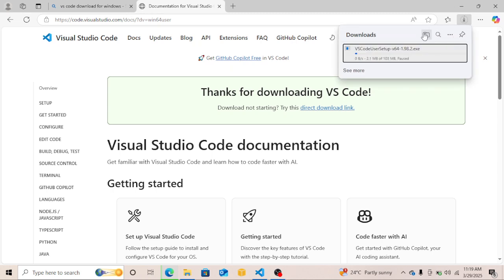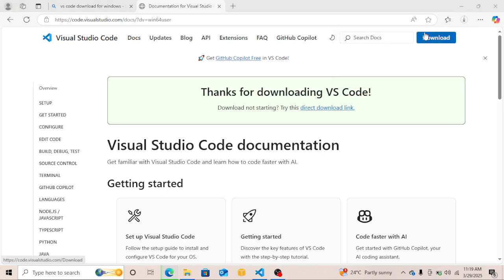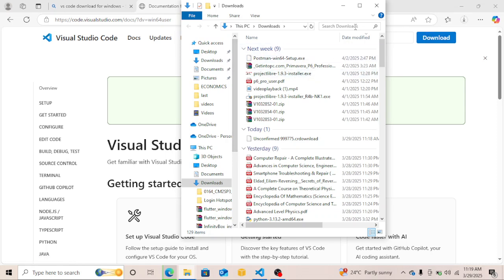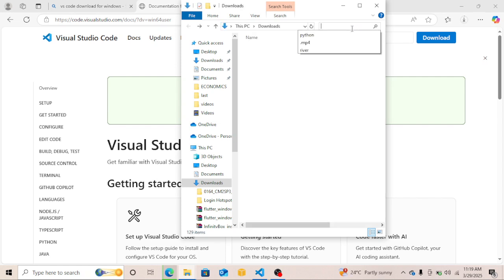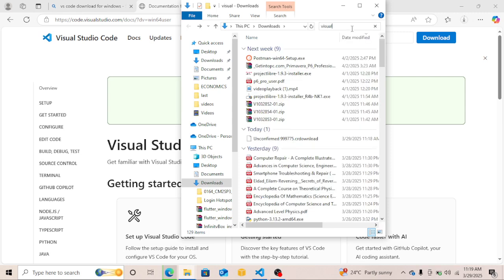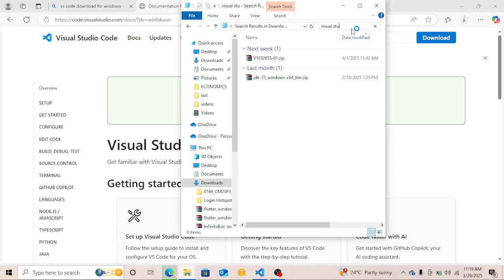We should click right here to see where the downloads go. So let us click there. After clicking there, we should come here and search. After downloading, you have to first finish the download process, and after that, you should follow this. You should click the other icon that I told you to reach here, and you should search for VS Code. You can search the full name Visual Studio Code, like that, and it should